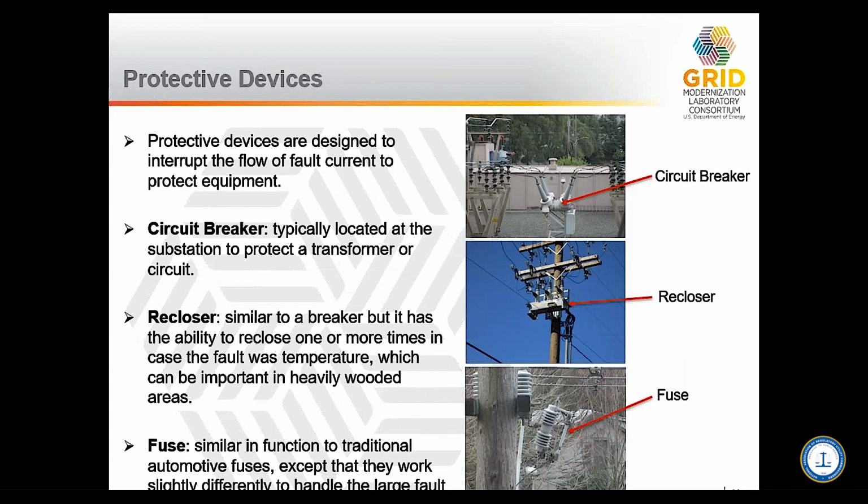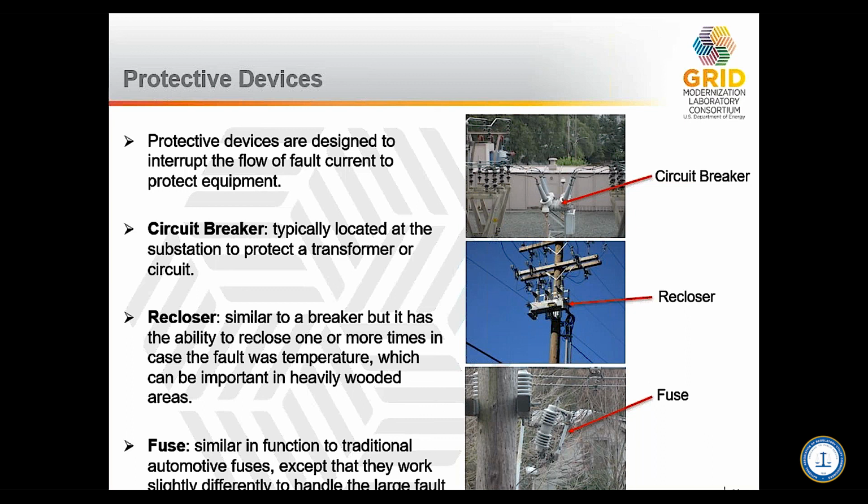So once you're able to regulate the voltage on the system, you need to consider what happens when the system doesn't operate as you intend. Specifically, what happens when a fault occurs. Because of windstorms, ice, animals, vegetation, drunk drivers, any number of reasons, we are going to have faults on electric power systems. And so we have protective devices that are designed to interrupt the flow of fault current to protect